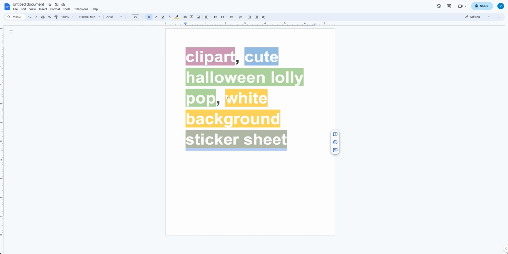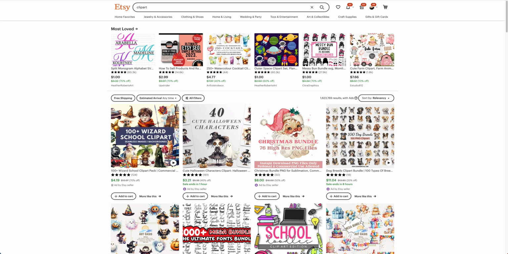And of course, the white background also helps to include it there. You can play around with the word cute. You don't have to include that. A great way to find descriptive words